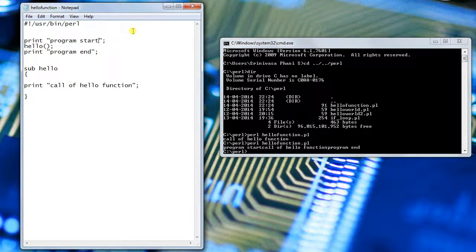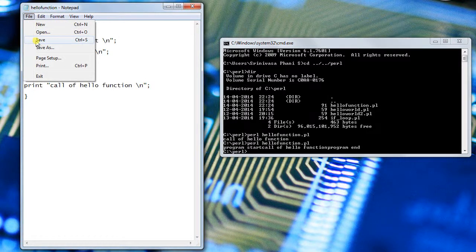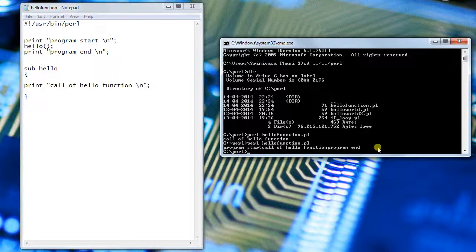Okay, let me give \n, which is a new line character. Whenever Perl hits this \n, the printing will go to a new line. It is also called an escape sequence.